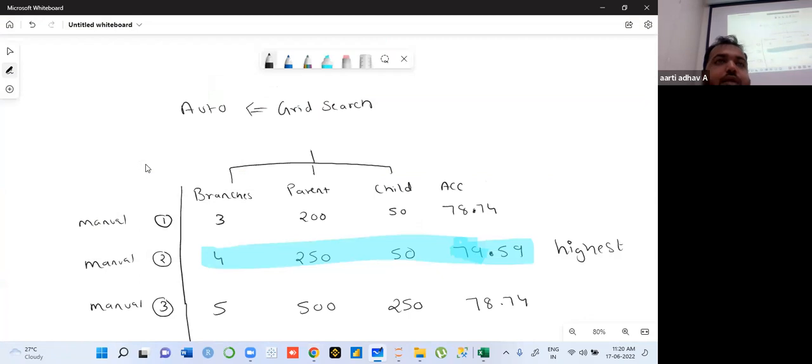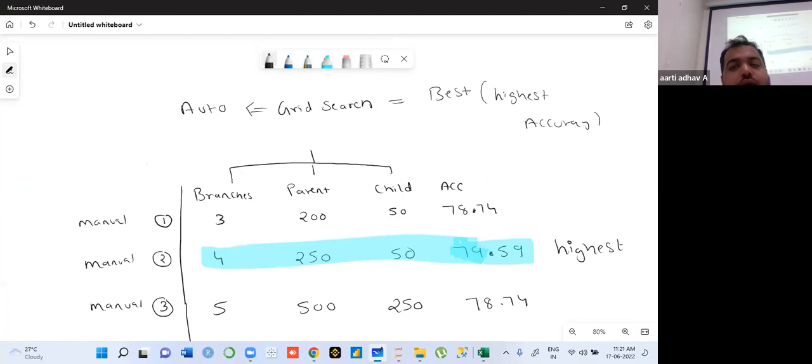Guys, grid search clear for you? Okay. Got the point how we select the best one? Which have the highest accuracy. How much we get highest on train? Clear. Manually we reached 79. We have not crossed 80. So grid search helps us to give you